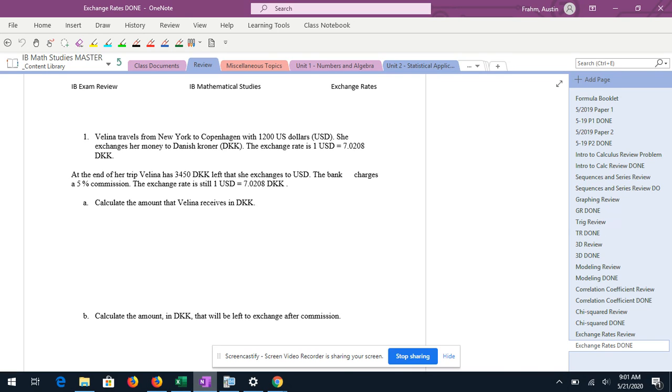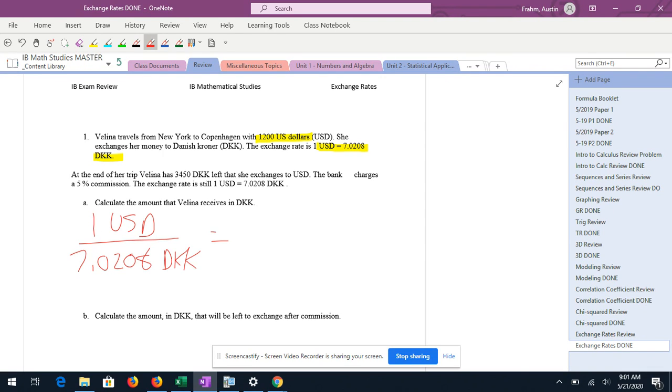Letter A says calculate the amount that Valina receives in DKK. So this is from the first part of the problem. She has 1,200 US dollars, and here's the exchange rate. So what we can do is set up a proportion. So we can do 1 US dollar over 7.0208